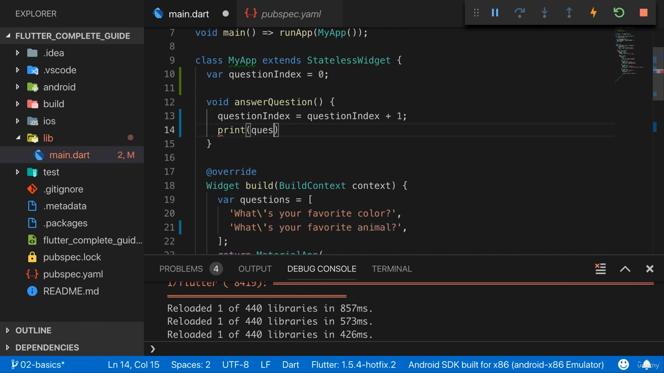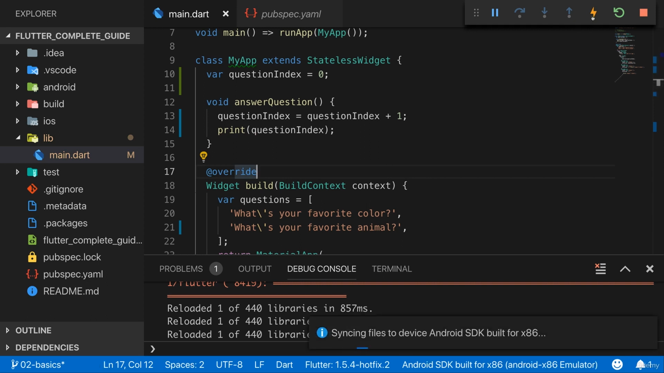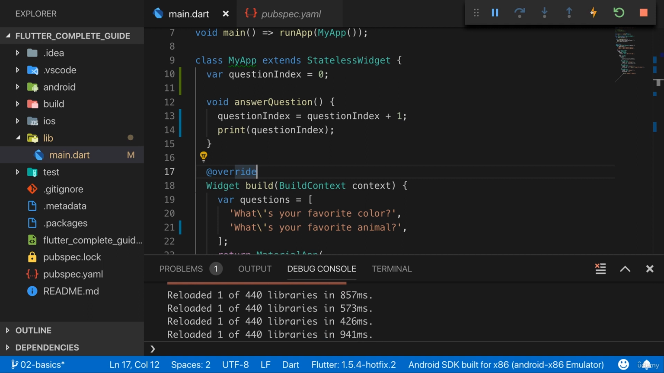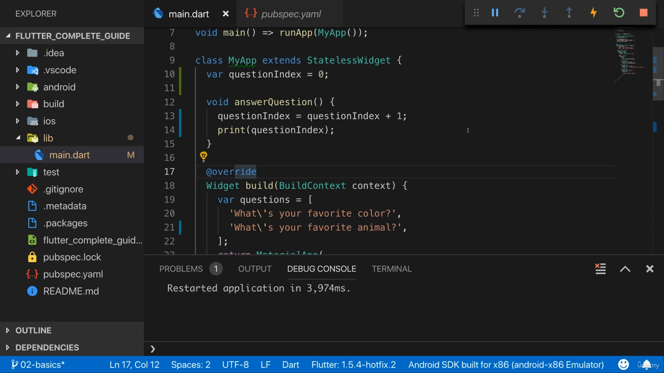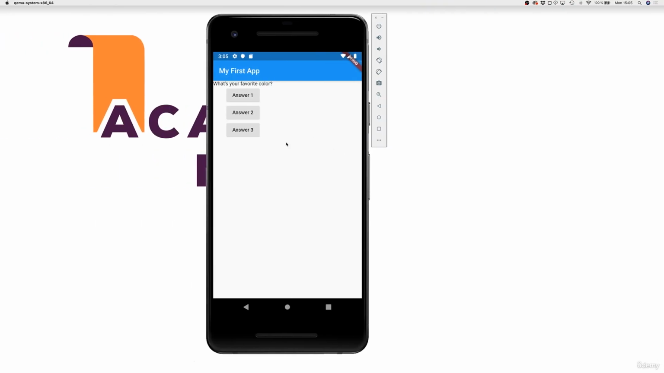Let's also print questionIndex here to see whether that works. If we save this, it should rebuild. You can always manually press that flash button here to do a hot reload, or if somehow your app got stuck, you do a hot restart to fully restart your app, which takes a tiny bit longer, but make sure that you really rebuild your app with the latest piece of code. And now if I press answer 1,